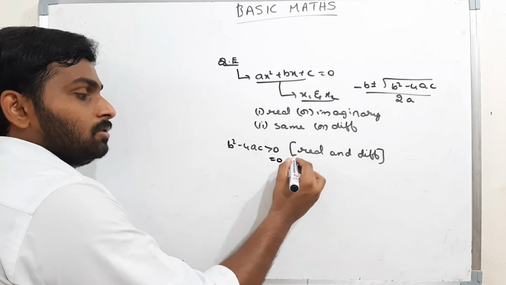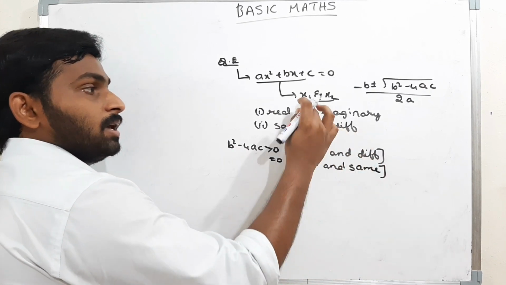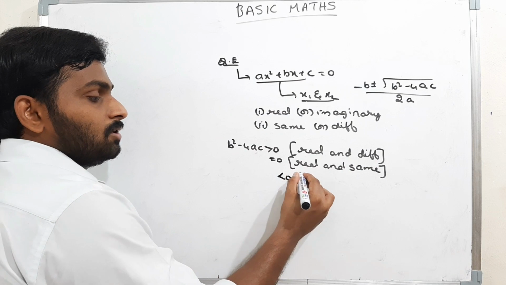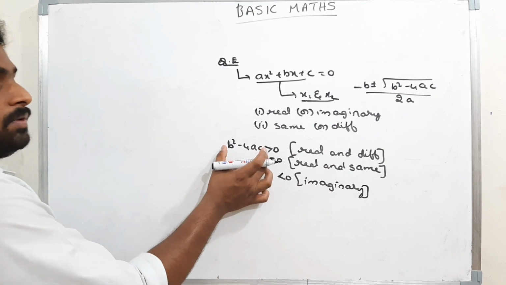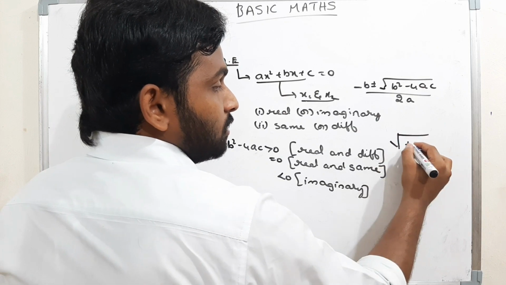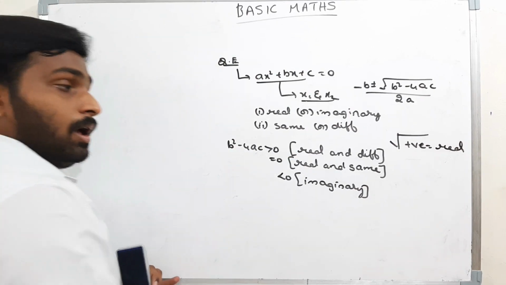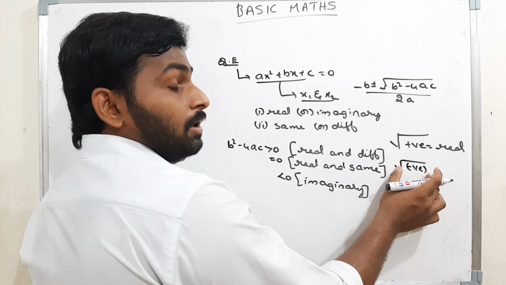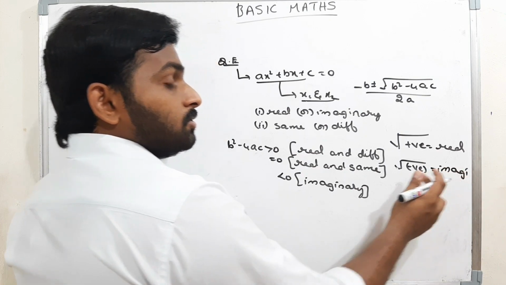Now if it is equal to 0, then the roots are real and both the roots are the same. That means x1 and x2 both will be the same. Therefore the equation is having only one root. Now if it is less than 0, then the roots are imaginary. See here, b square minus 4ac is under a root. If under the root it is a positive value, then I will get a real value. And if under the root it is a negative value, the root of a negative value won't exist practically. They are complex, which is nothing but imaginary. Therefore the roots will be imaginary.